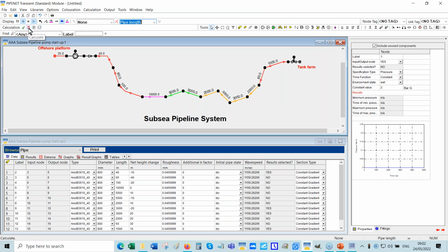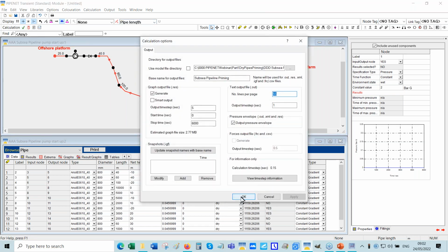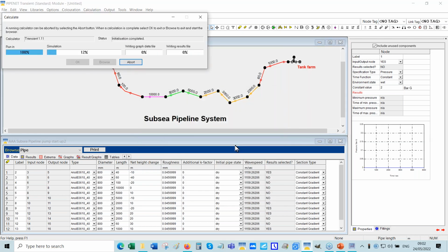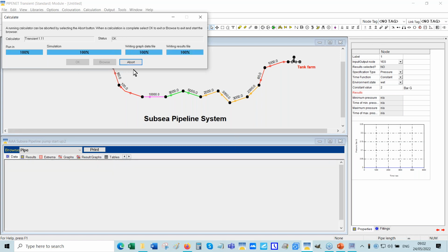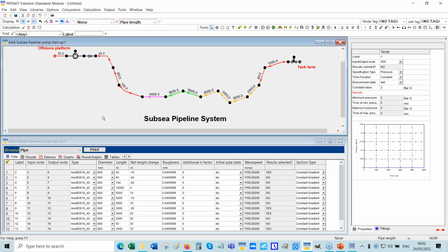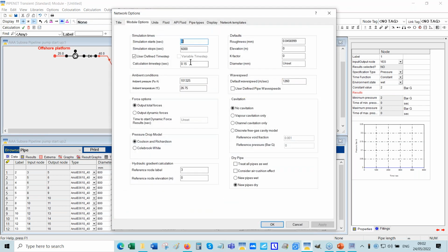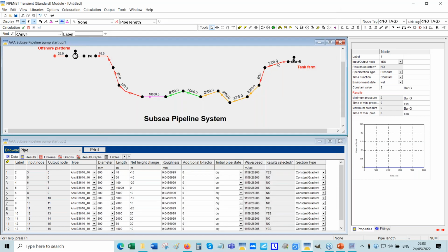So you can see, you can run this. I can actually speed this up by increasing the time step, but I'm not bothered. I've set the time step to 0.15 because the simulation time is 6,000 seconds. This could have been made a little bit bigger, in which case it'll run quicker. Anyway,